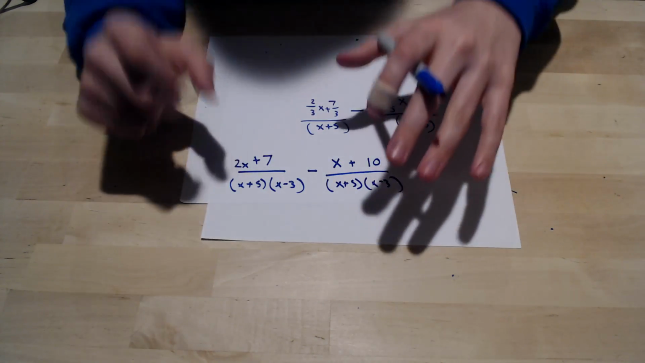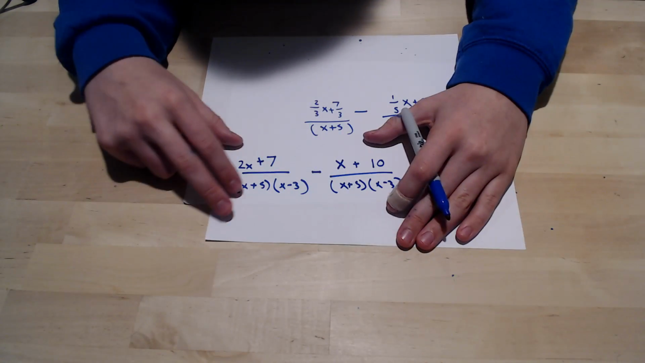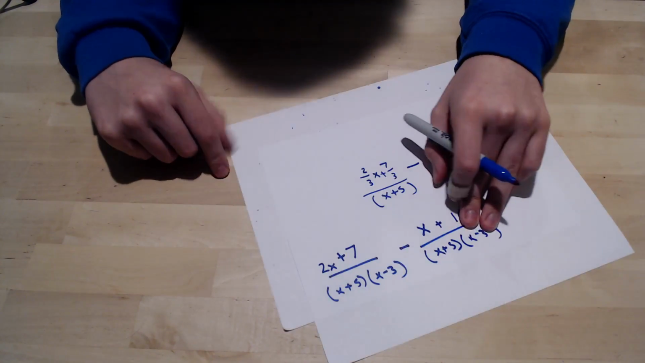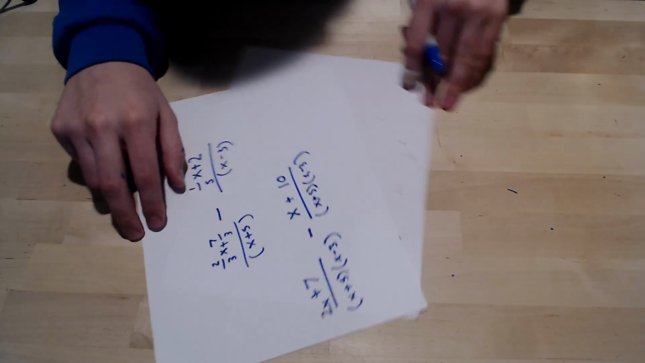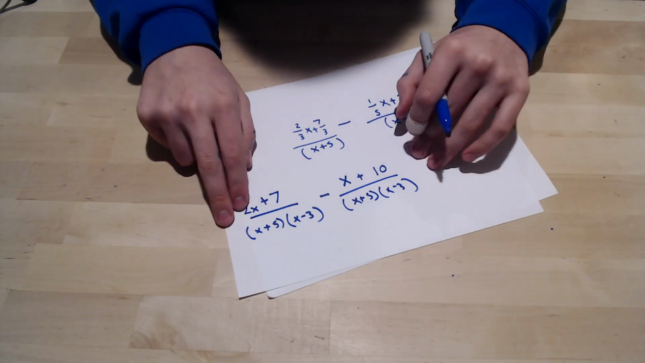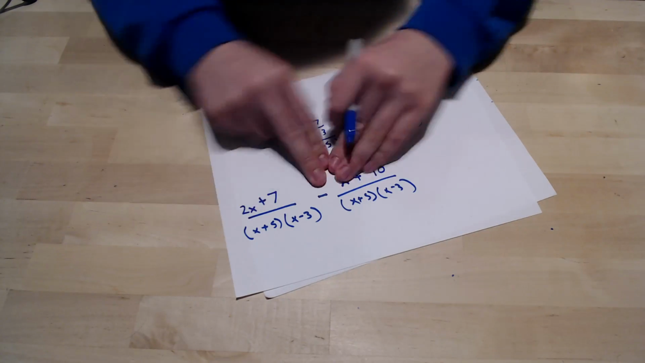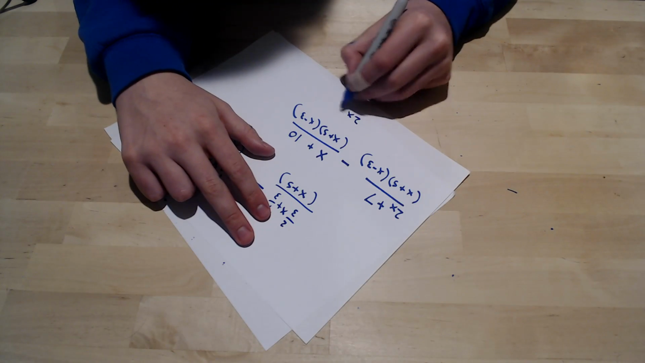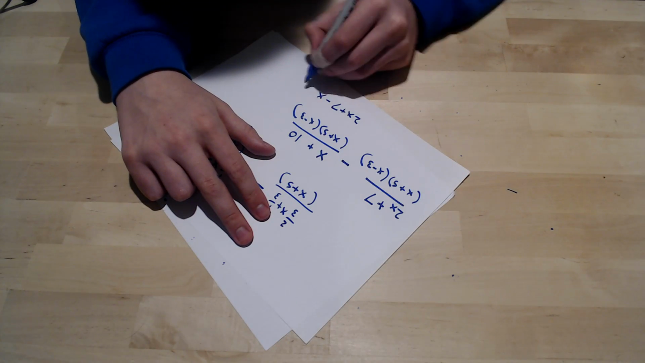And now that we've done that, we've gotten a much simpler subtraction problem for us to solve. What we can do now is, because they do have common denominators, they're pretty much the same, we can just put these together. Make them one. So 2x plus 7 minus (x plus 10)